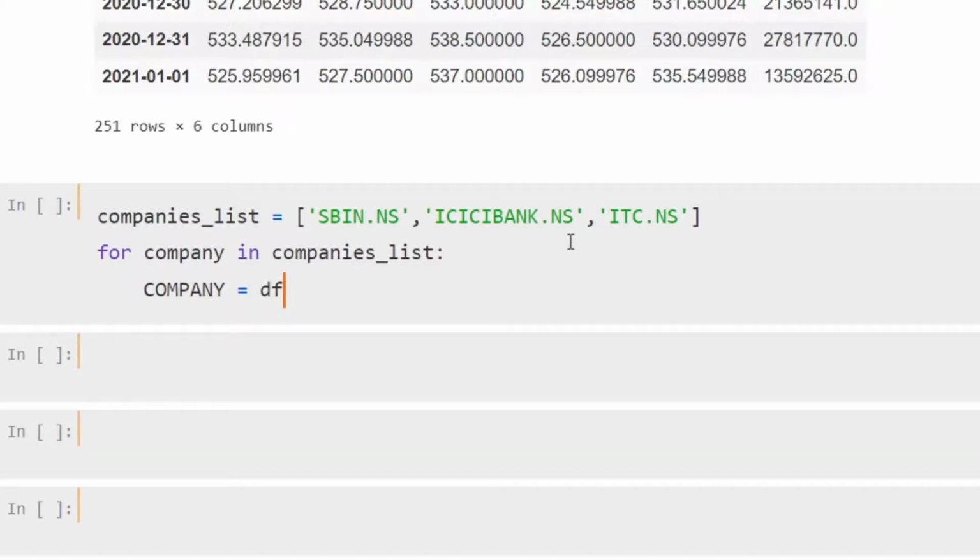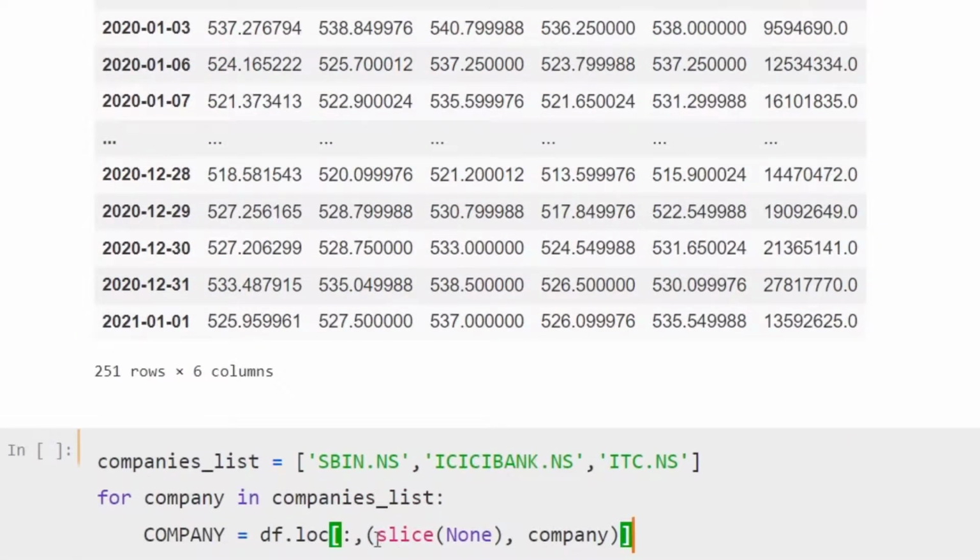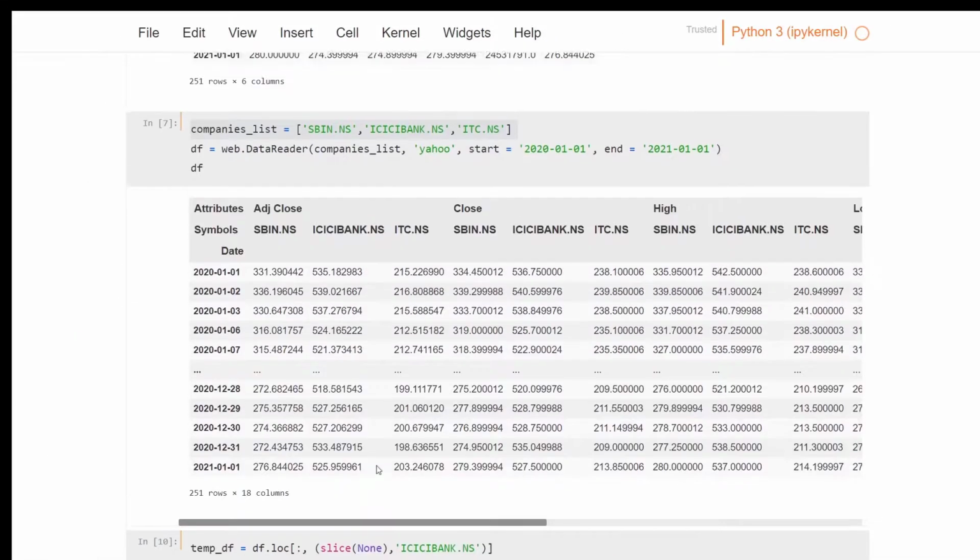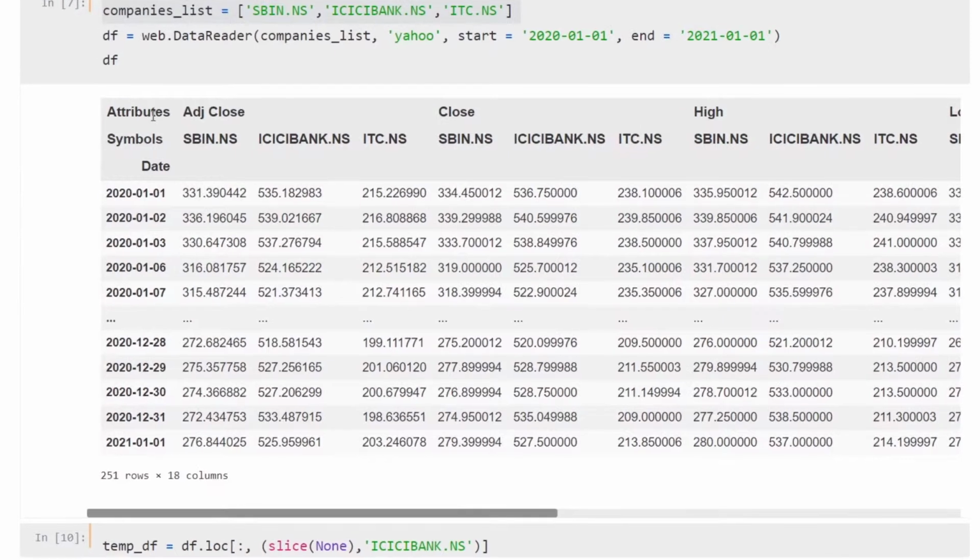Company is equal to df dot loc. We'll extract all the rows and slice of none, and then company. Okay, I hope this convention is clear. If it's not clear, I'll explain one more time. What this slice none is doing is, you can look over here, all the columns.